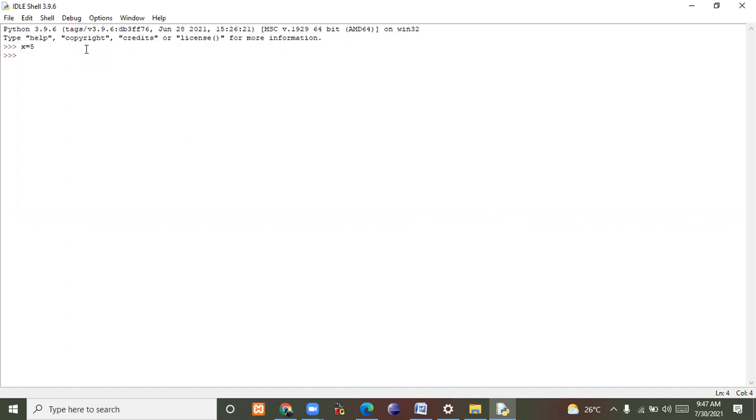There is no need to type int y like that. Automatically the interpreter will understand that x is an integer, so y is also an integer. So directly I write z = x + y. Then print z. What's the answer I got?